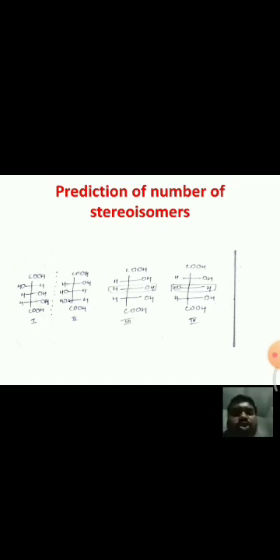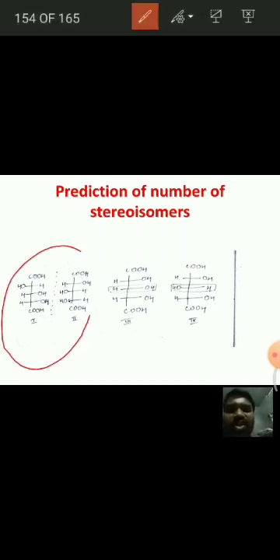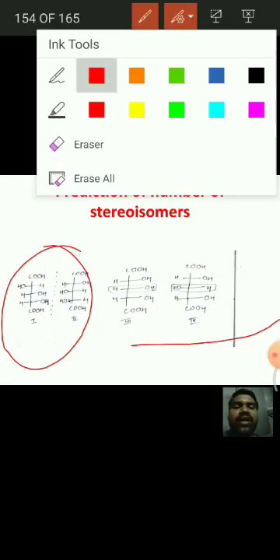In this, the first 2 compounds are optically active molecules, and the latter 2 molecules, that is the third and fourth compounds, are meso compounds, as they have a plane of symmetry. They are optically inactive. That means 2 optically active isomers and 2 mesoforms for trihydroxyglutaric acid. And next, coming to the prediction of the number of stereoisomers in the case of tartaric acid, it is also a symmetrical molecule but having an even number of chiral centers.